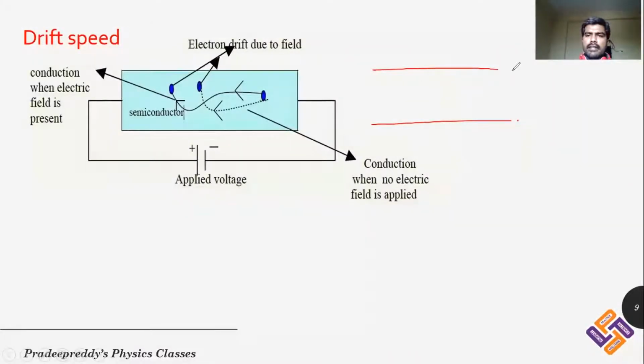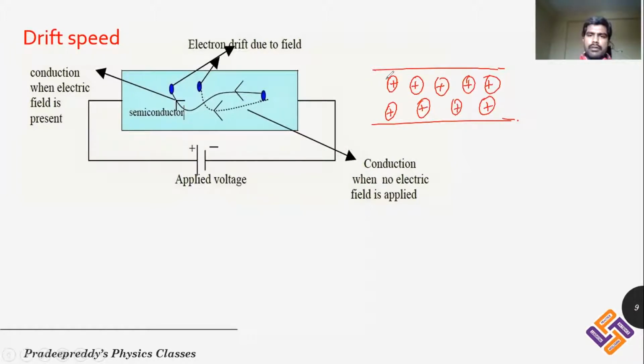Let us consider a conductor. This is a conductor and there are ions. These are ions. They are positively charged. In case of metals, generally, there will be free electrons. Each atom in the metal will be losing 1 electron or 2 electrons depending on its valency. As a result, it will be getting positive charge.